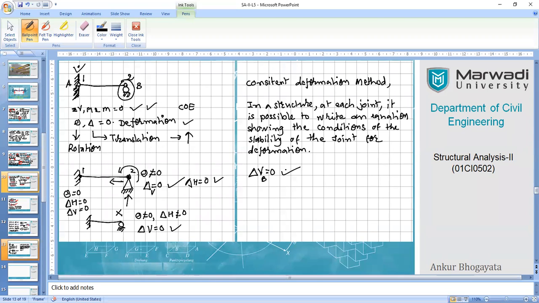Let us say hinge should not be resisting moments. It should be allowing moments, so rotation will be non-zero, but it should be providing resistance to the vertical deflection as well as horizontal displacement. So these three become the primary requirements of consistent deformation of this particular end, and these are also known as compatibility conditions for this joint as well. So by taking help of these compatibility conditions, we shall be trying to solve problems based on propped cantilever beams.